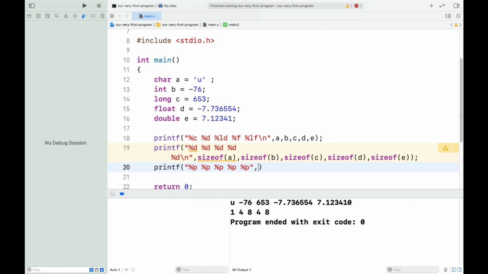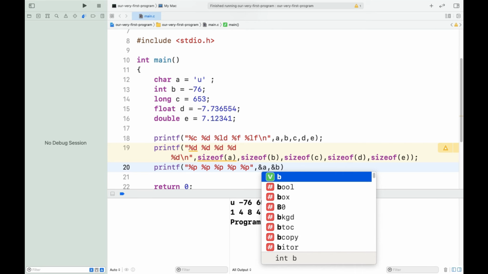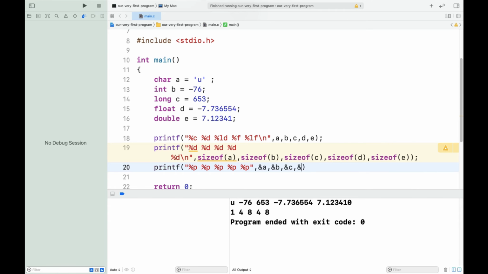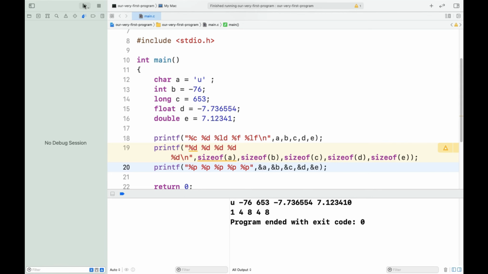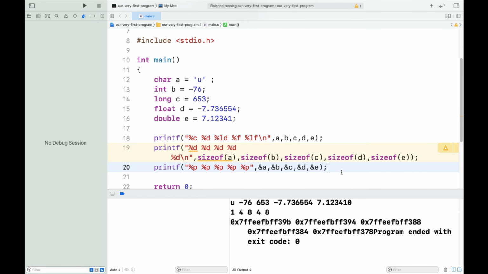Now I'm going to specify, as I mentioned earlier, that when you write & before a variable, it is read as address of. So it will be the address of a, address of b, address of c, address of d, and address of e. You are going to print out all these addresses. You can see there was no space in here, that's why the cursor shifted to the next line itself. Let's add a new line after this, and it will be more clear.